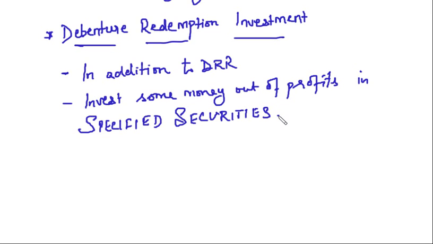Now, what are the specified securities? The securities which have been specified for the purpose of redemption by Companies Act 2013. Clear? Specified securities are those securities which have been specified specially for the purpose of redemption of debentures. And who has specified this? This has been specified by Companies Act 2013. Clear? So Companies Act says that in addition to DRR, you have to invest some money out of profits in specified securities. Right? This is done